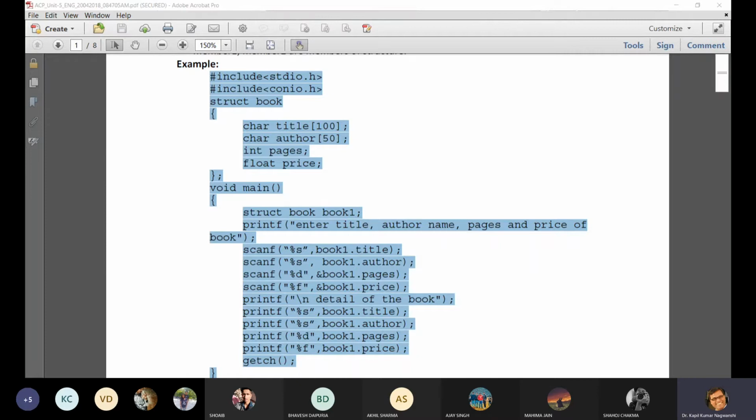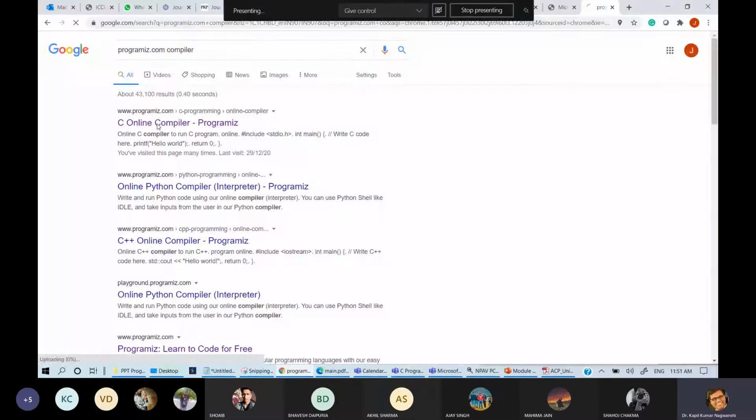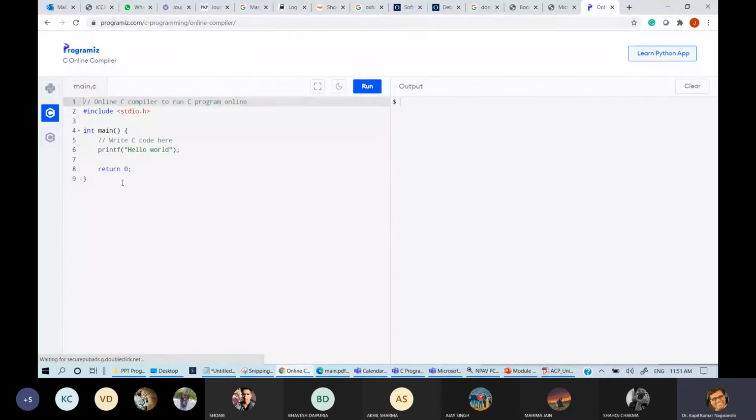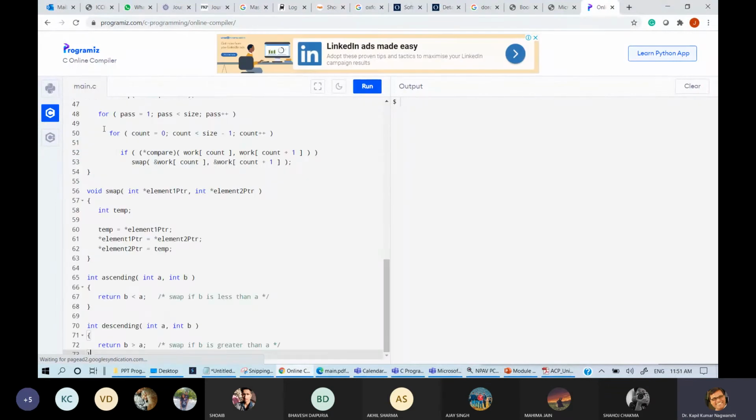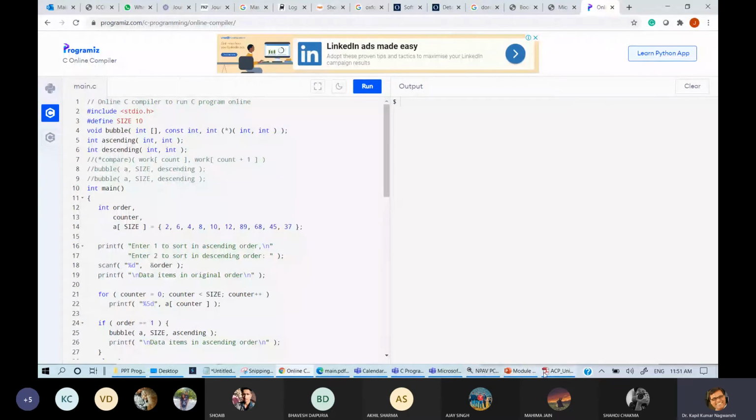This is our C compiler. Just try to understand the concept. This is a very simple concept. Oh, something else is pasted here.